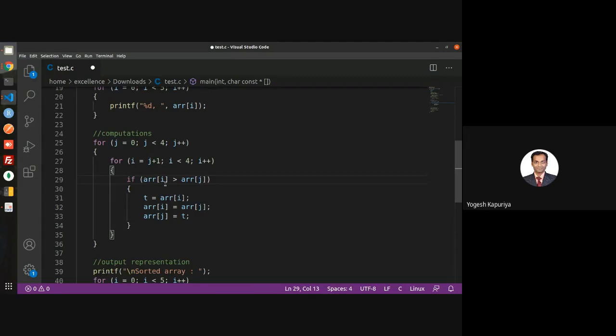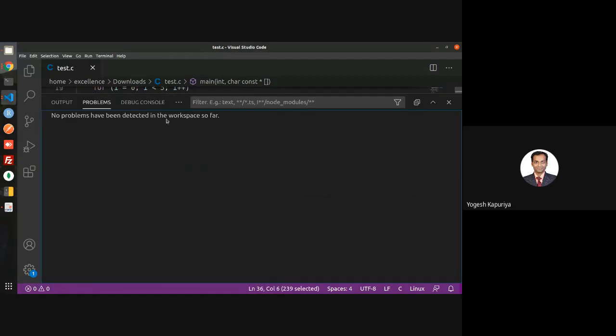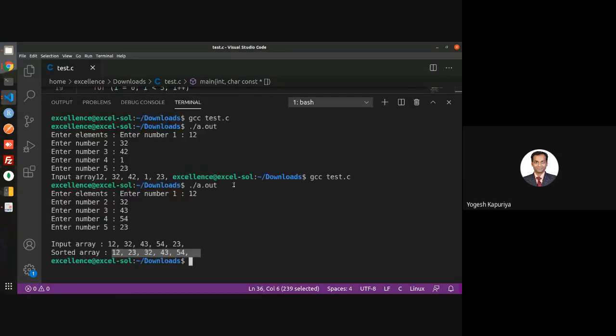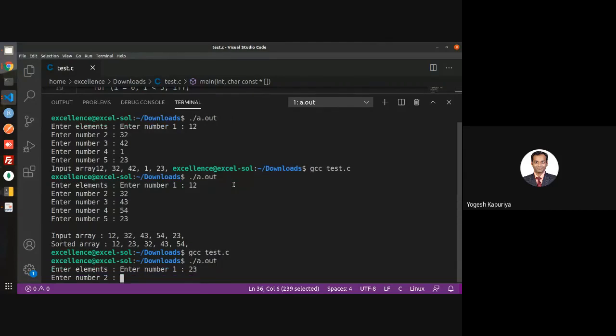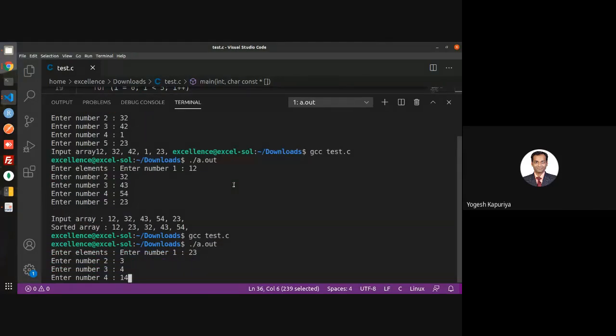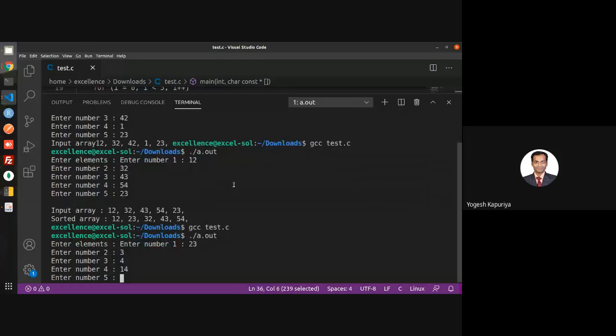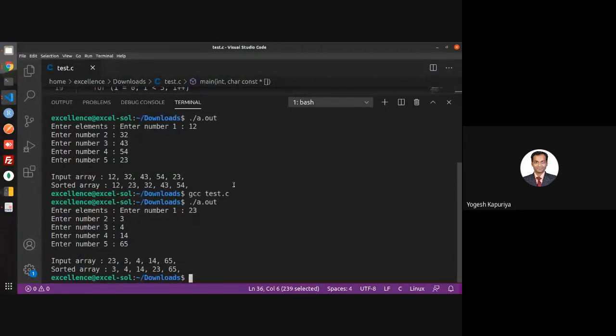So I will keep on doing that. I should write a of j here and then a of i. Right, so if you do this, this is selection sort.